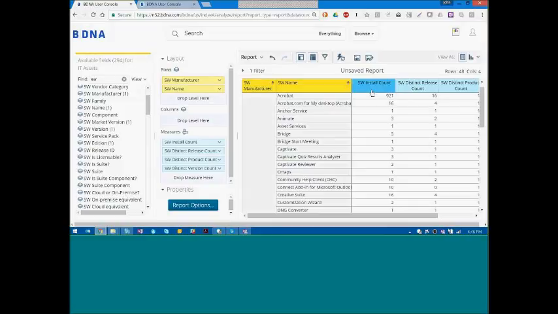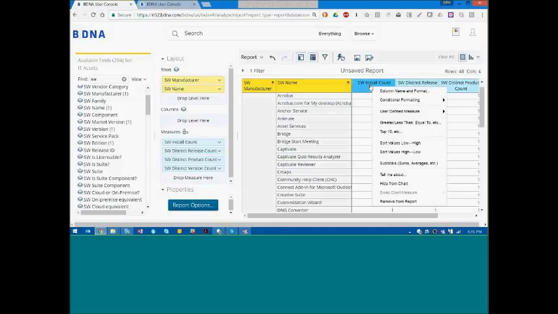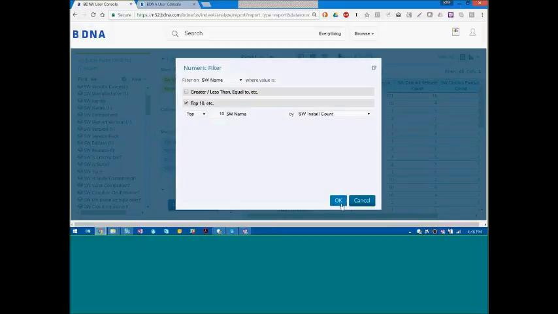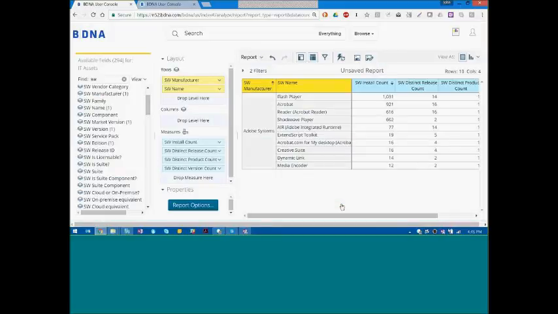So typically what we can then do to bring some more focus to this is we can put a top 10 filter on this to see what our top 10 Adobe products are by install count. So by selecting that and enabling that filter, that then gives us a bit more definition as to what our exposure is to Adobe from a product perspective. You can see we've got 1,031 Flash players, 921 Acrobats,